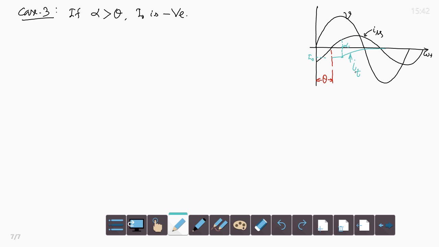Okay. So, as you can see, before pi plus alpha, current will come to 0, somewhere here, at near about omega t equal to pi, or before that current will come to 0. So, current I through T1 comes to 0 at omega t equal to beta, beta is less than pi.